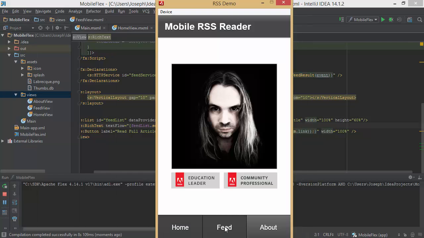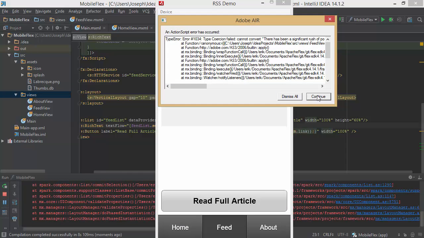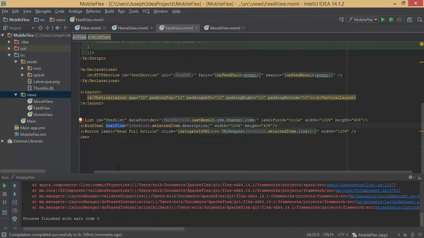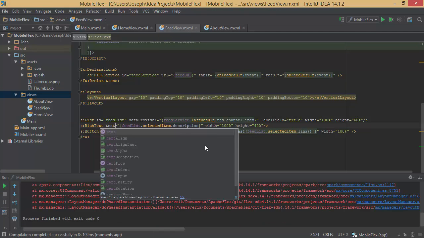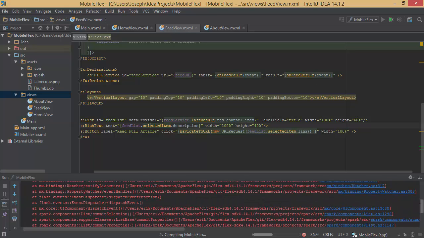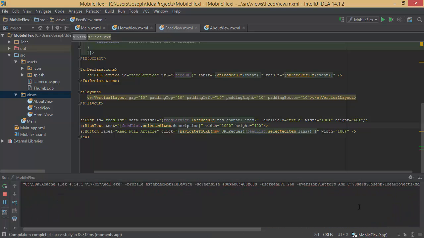So when we go back into feed, oh, you can see here it did a type coercion. We're also going to have to set text instead of textFlow, because textFlow is going to want a TextFlow object and not just basic text. That's a mistake I made, and we can see here that IntelliJ is letting us know that we definitely made a mistake because we got a compilation error, or rather a runtime error. So let's go in here